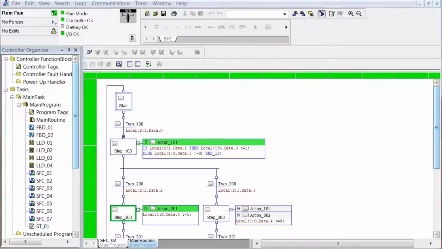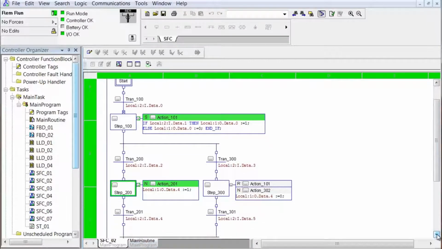Toggle the condition for transition 201. We can see everything of importance. How many steps are now active? 1. Why? Well, only 1 step active at a time. In a selection branch, I suppose you could hold down inputs 2 and 3. However, because of the way this executes, if you push down 3 and 2 together,